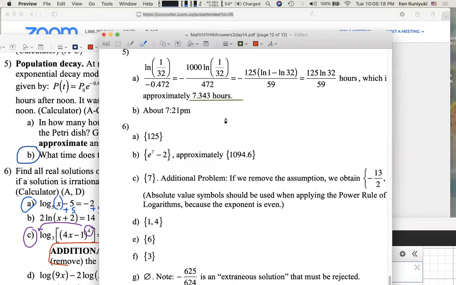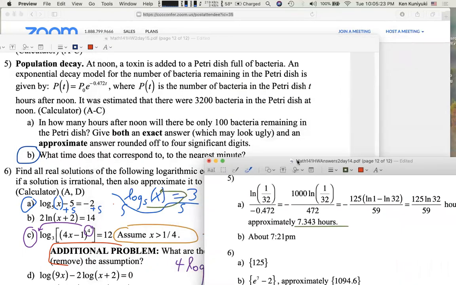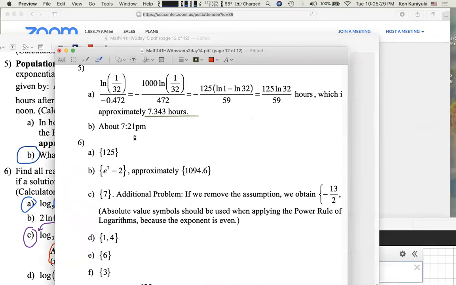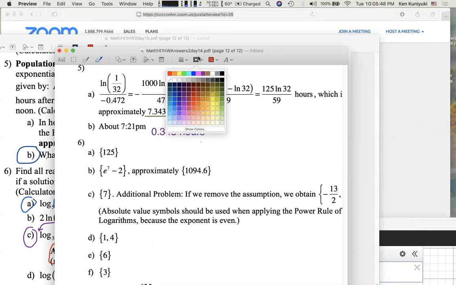Here's the deal. T equals 0 corresponds to noon. Petri dish, T hours afternoon. So if it's 7 hours after noon, we're at 7 something p.m. So how do you convert 0.343 hours? Maybe I'll type this. 0.343 hours. You convert it by